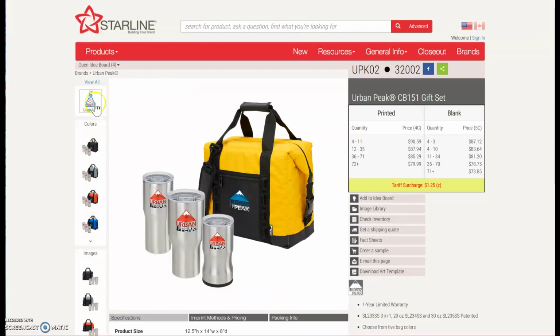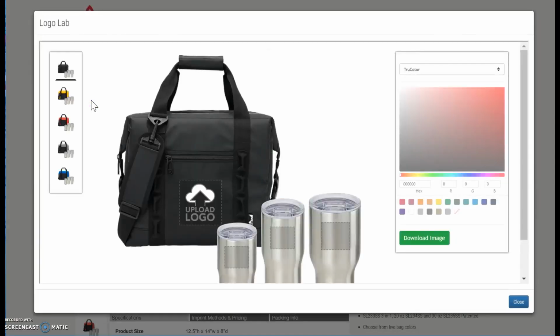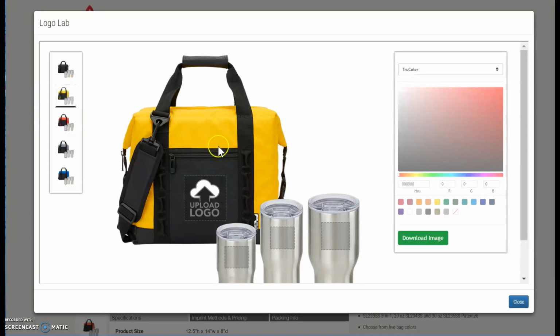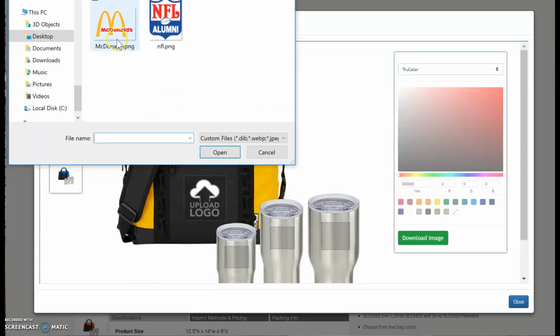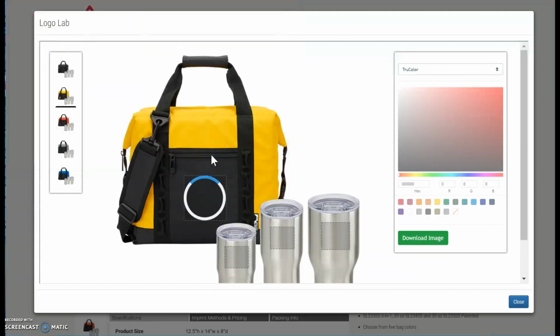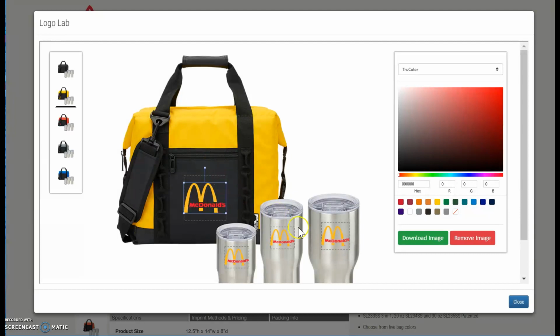On every product page there's an icon that says Logo Lab. Logo Lab is your way to make a virtual one at a time on starline.com. Click on Logo Lab, select the color of the item that you would like to create the virtual on, upload your art file. I'm going to make this one here for McDonald's, and Logo Lab will place the artwork for